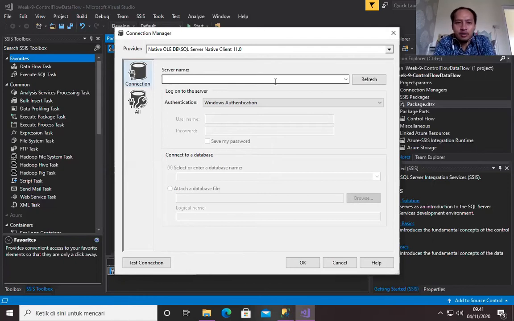I have told you before about how to create a connection manager, but it's okay, I will repeat it again. For this connection manager, we want to execute the delete statement in our Toko Barokah DW database, because the dim barang is located inside the Toko Barokah DW. So here I input my server name.